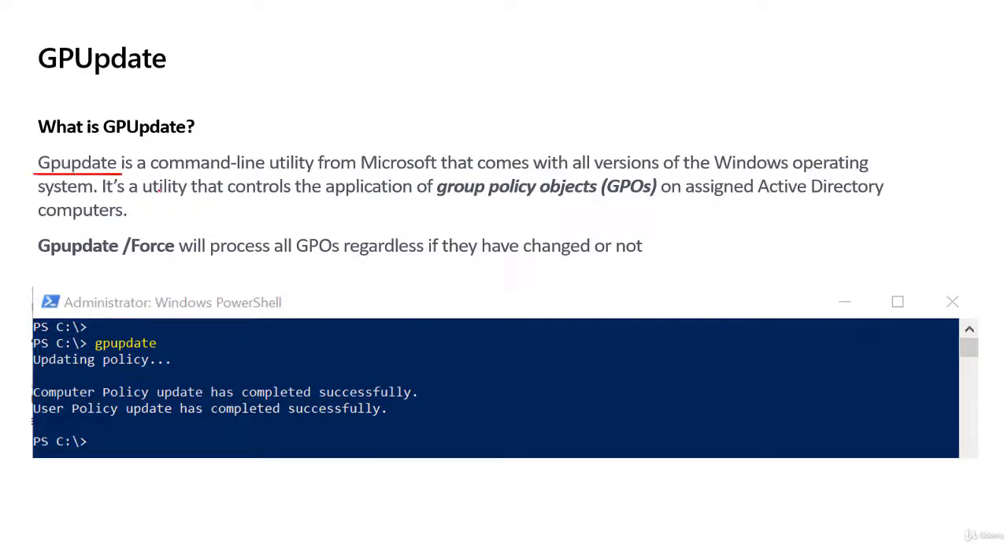GPupdate is a command line utility that's been available since Windows 2000, so this has been around a long time. What GPupdate allows you to do is process group policy changes. There are a few common switches you can use with GPupdate. You can type GPupdate by itself, and what that does is